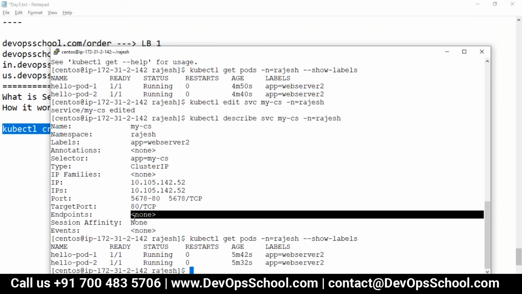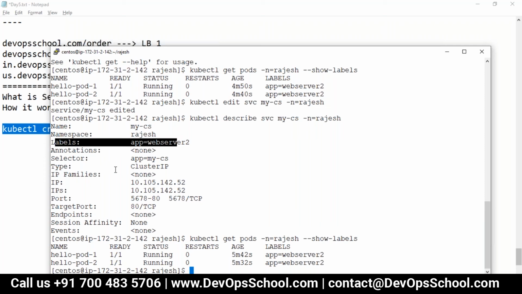Are you able to understand it now? The selector should match the labels of the pods, and then the load balancing will happen. So not this label, this one should match with this one.